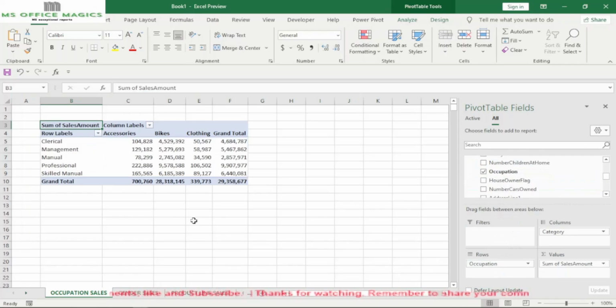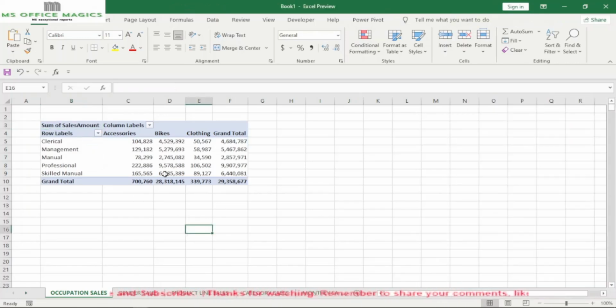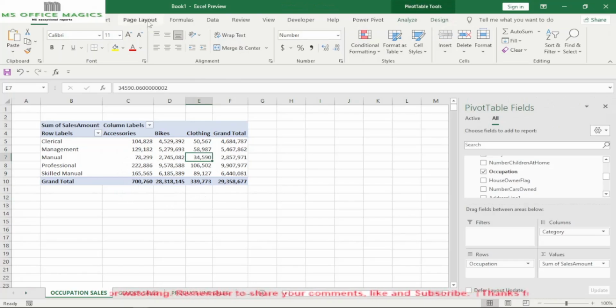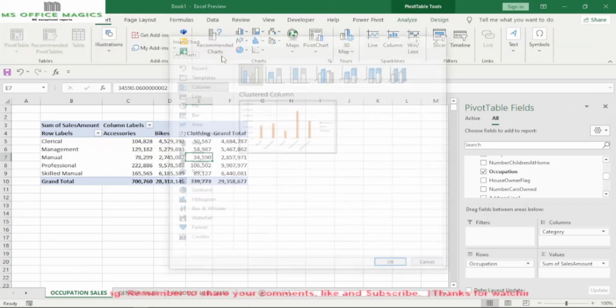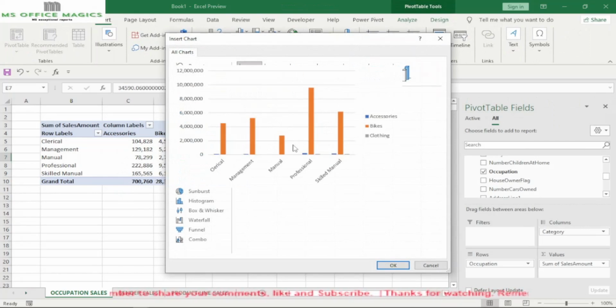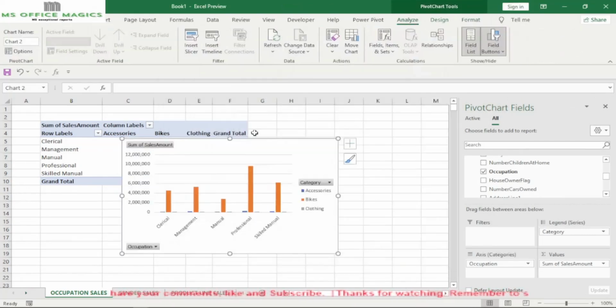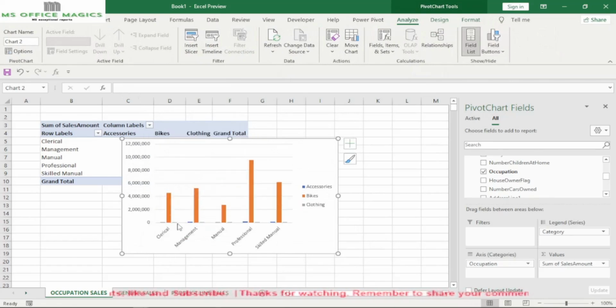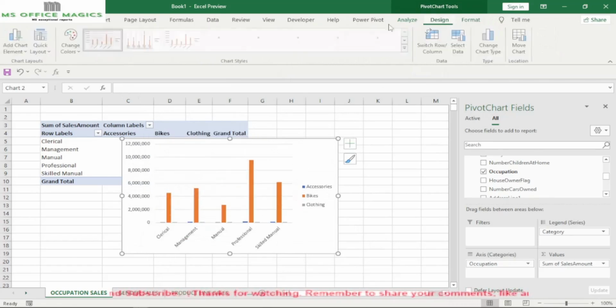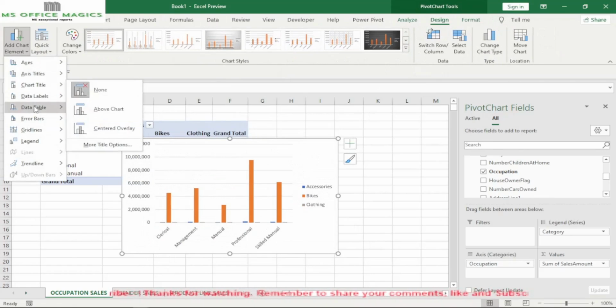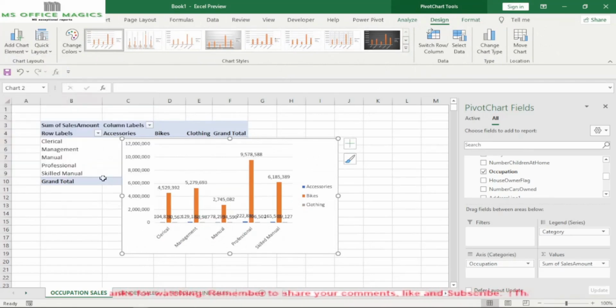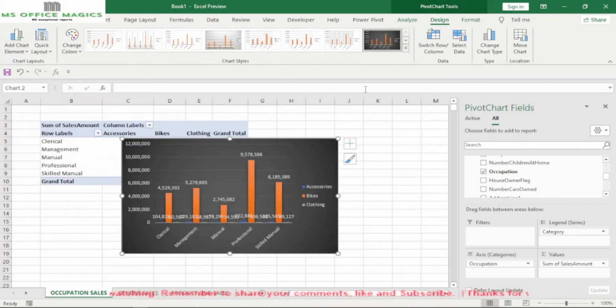Then this one also will do a bar chart, rather simple column chart. Then we'll add data labels. Then we'll give our data labels